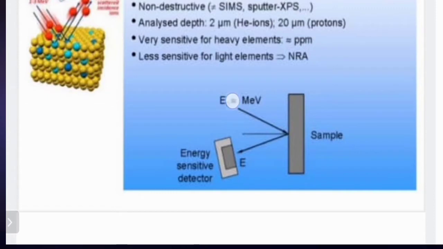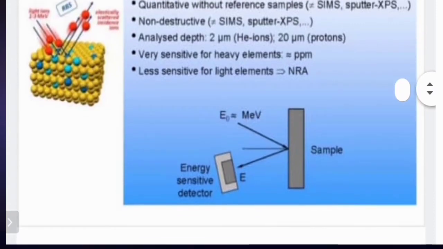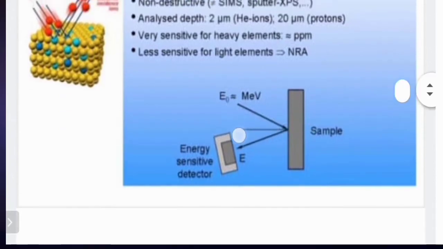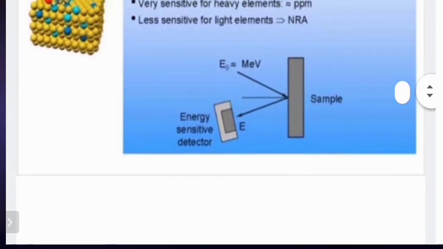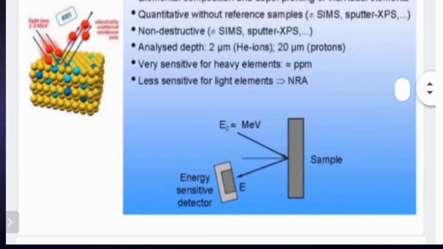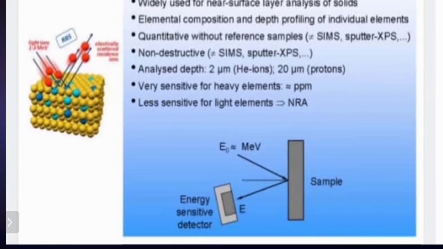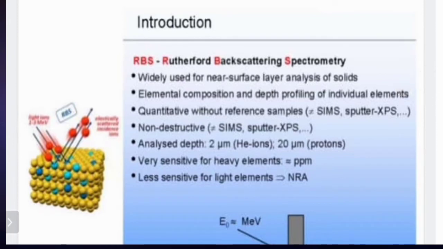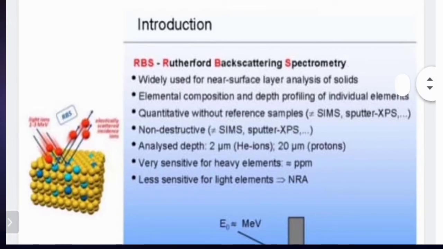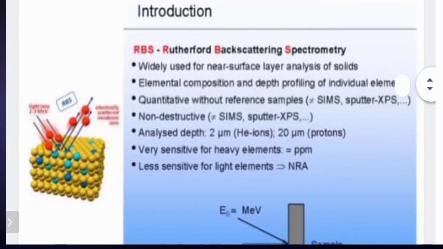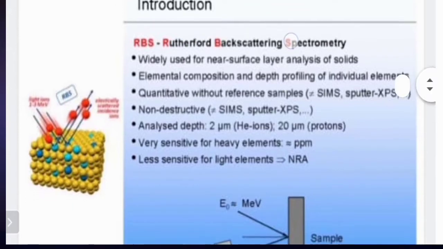We are going to incident some primary beams on the solid sample, and the secondary ions that form, we are going to analyze various parameters. In this technique we are going to analyze the mass. So again it's mass spectrometry, where metry means mass. So characterization of mass is by spectrometric techniques. This is the Rutherford backscattering technique.